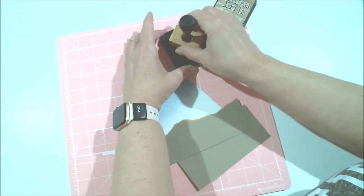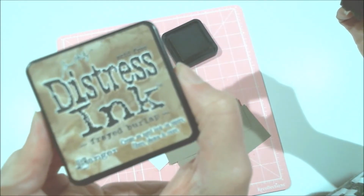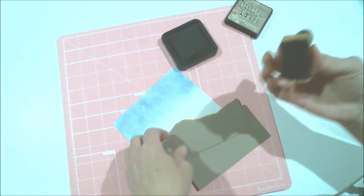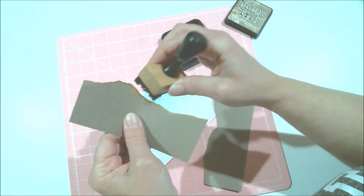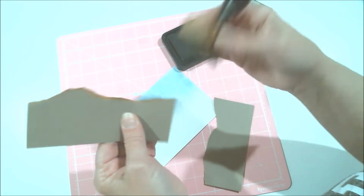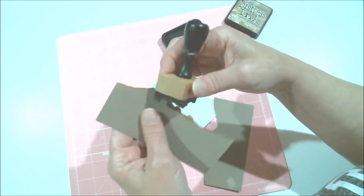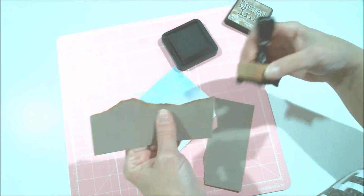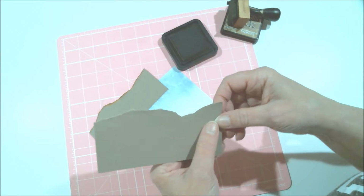So let me get this out. And I'm using frayed burlap, one of my favorites. And I am just going to go along the edge and ink it. Now, it already had another color because of the core, and that would have been perfect, but I just wanted to add a little ink to it. And so for this one, I am going